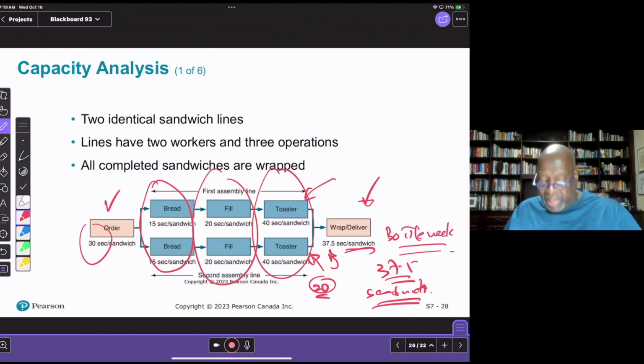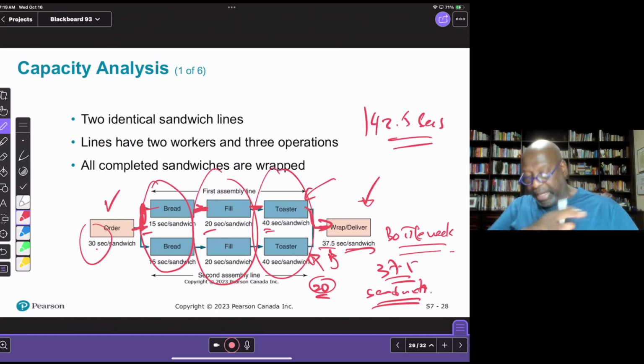That's when you're going to get a sandwich. However, the throughput time is the longest time through. So we would actually need to go through here, up here, here, here. If we add up all of that, it's 30 plus 15 plus 20. That's 50, plus 15 is 65, and 40 is 105, 105 plus 37.5 is 142.5 seconds is what it's going to